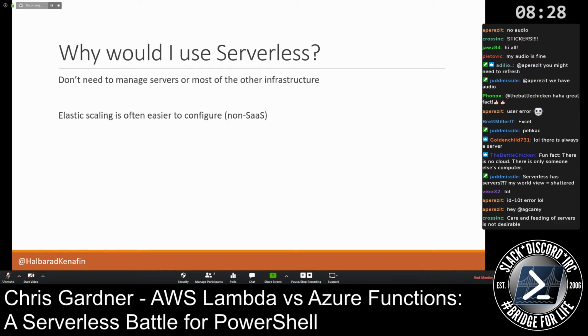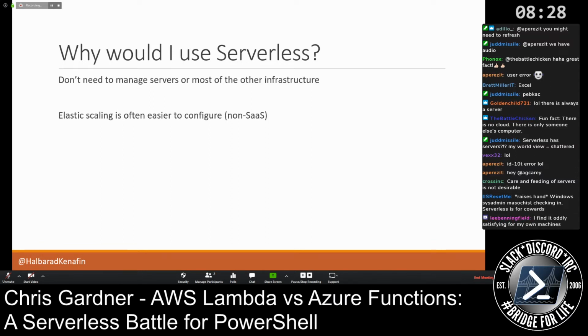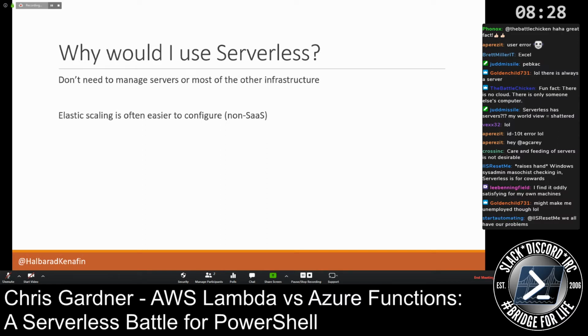Elastic scaling is pretty useful. It's usually pretty easy to configure, and it's the big benefit of the cloud that most people don't take enough use of. Most people end up doing lift and shift with some VMs in the cloud and not do the scaling thing. But that's where a lot of the benefits come in, because if in the middle of the night I don't have any traffic, why would I have my full fleet of servers deployed? I could just scale all the way down to 2 or 3 instances or whatever I'm deploying, and then I'm paying a lot less money, which obviously means it's often cheaper overall.